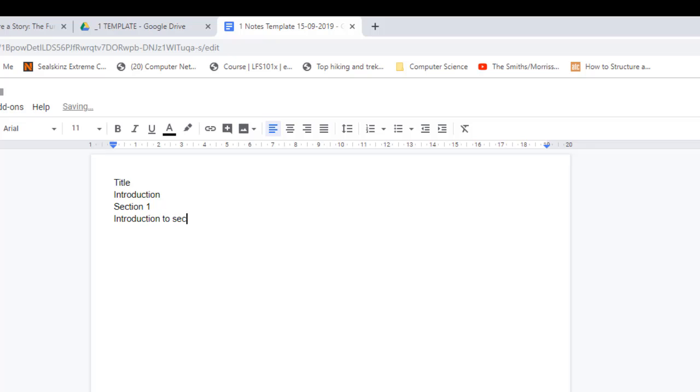Introduction to section 1. Then I might have a subsection 1. Some words and more words. I may even choose to add some bullets. Bullet note. Now I want to put a few bullet notes, so at this point what I'm going to do